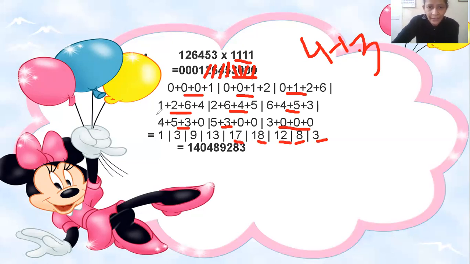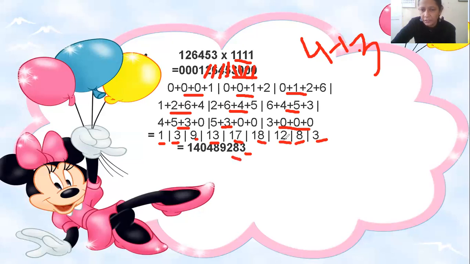Now put the slash. In the next step, you have to do 1 plus 2 plus 6 plus 4 is equals to 13. You write down here 13 as it is. Now in the next step, you have to do 0 plus 1 plus 2 plus 6, which is equals to 9. So you will write down here 9 as it is. In the next step, you will solve 0 plus 0 plus 1 plus 2 is equals to 3. You will write down here 3. So at the end, you will do 0 plus 0 plus 1, which is equals to 1. Here you will write down 1. So now you see here also you have got 2 digits. You will now do the balancing as you have done in all the questions. 3 is a single digit number, you write down 3 as it is. 8 is a single digit number, you write down 8 as it is.